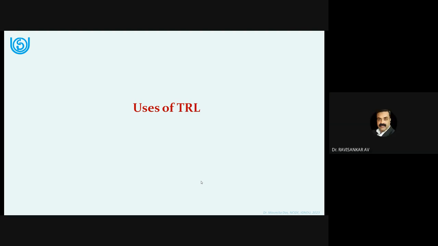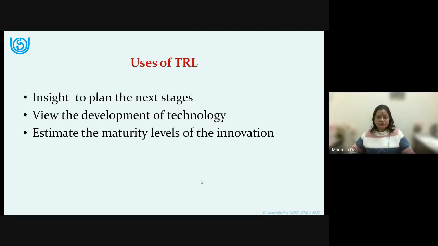Okay. So coming to the answer, what are the uses of TRL? TRLs play a very, very important role. Imagine NASA developing it for understanding the maturity levels of the technology of spacecraft design. Just imagine that scenario. It is coming from there. You can imagine the high-tech environment that has produced these TRL levels.